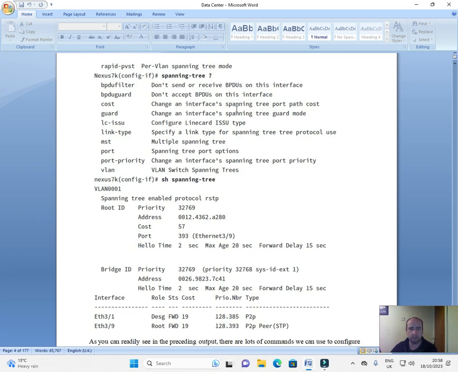Cost change in interfaces: spanning-tree port path cost. Guard change in interfaces: spanning-tree guard mode. LCISSU: configure line card ISSU type, link type. Specify a link type for spanning tree protocol. Use MST multiple spanning tree port. Spanning tree port options. Port priority change in interfaces: spanning-tree port priority. VLAN switch spanning trees. Nexus 7K config-if show spanning-tree VLAN